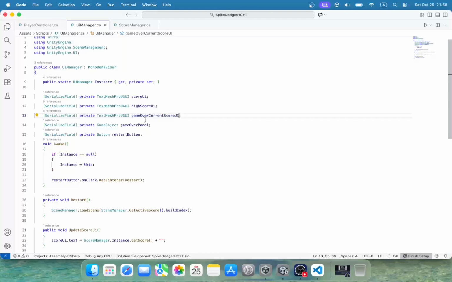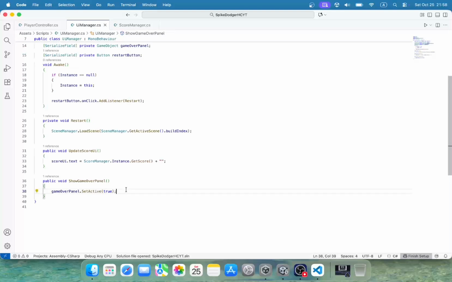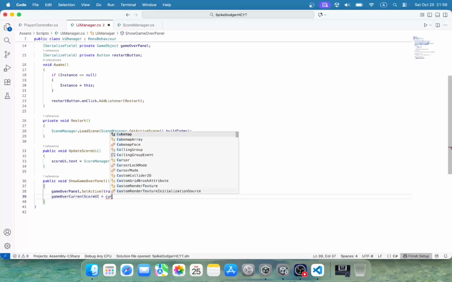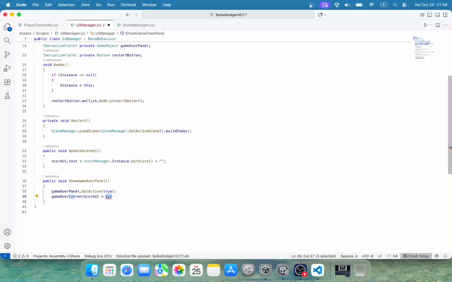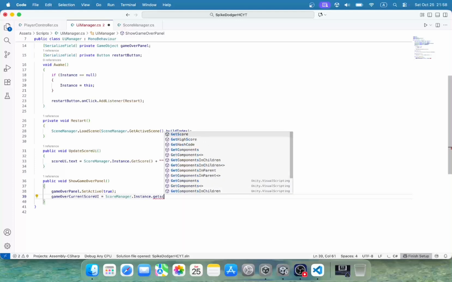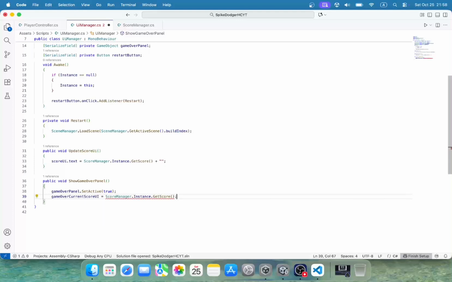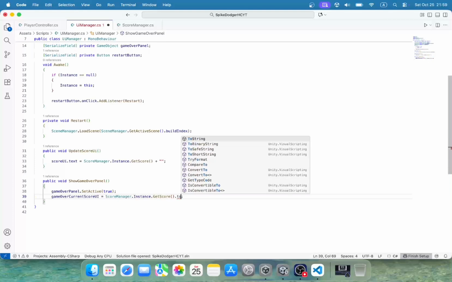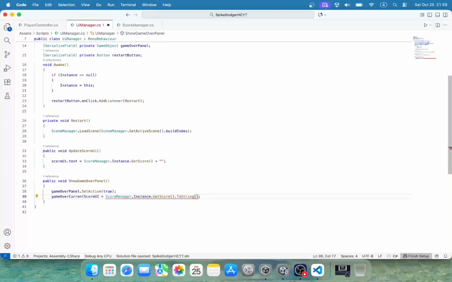Here what we are going to do is on the panel SetActive, we are going to say that game over current score UI equal to my current score, which is basically the score manager dot instance dot GetScore, and convert it to a string. This should be dot text,